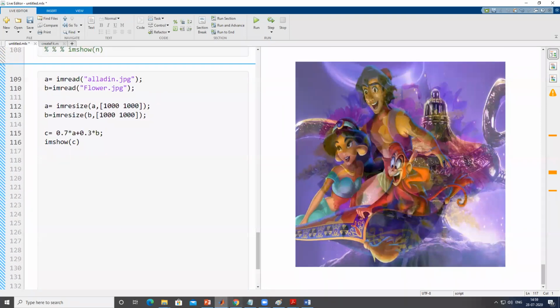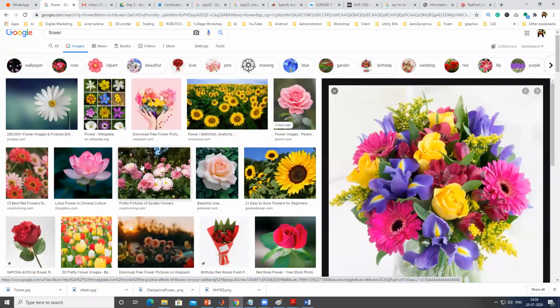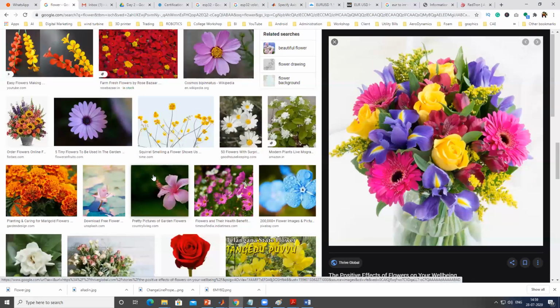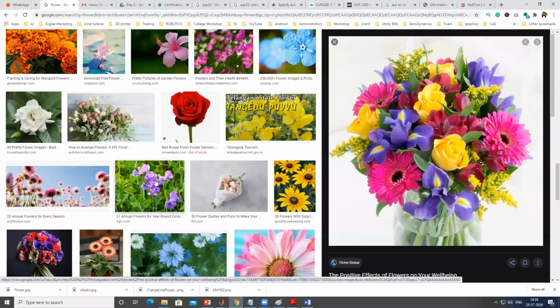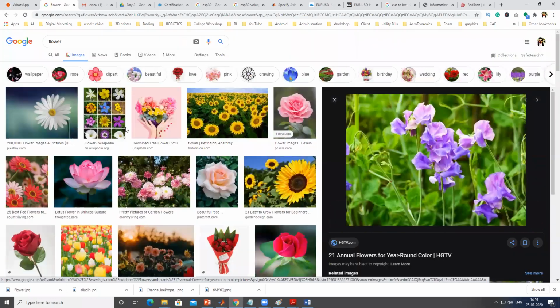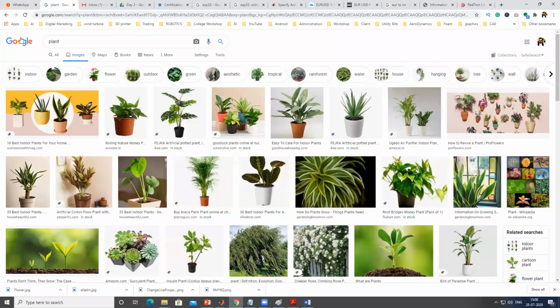For image segmentation, I'm going to take a different image. Here my target is a plant image, not a flower. My target is to extract the leaf part. So I'll take two images.